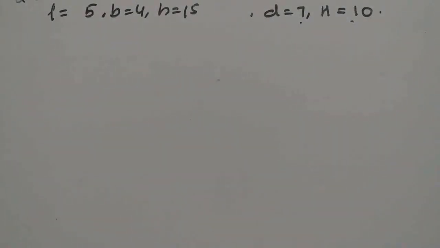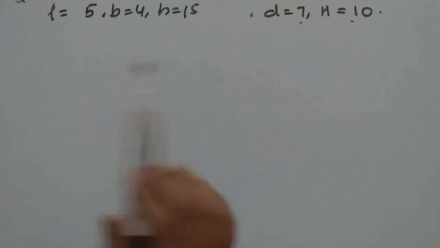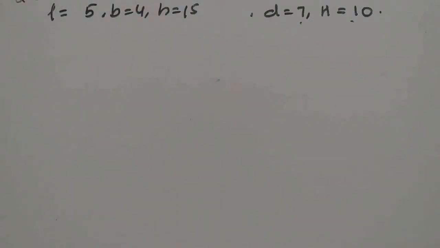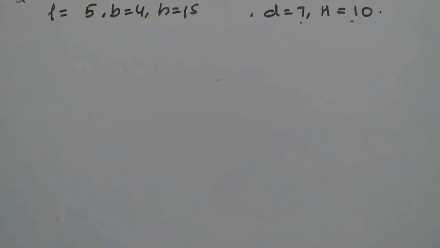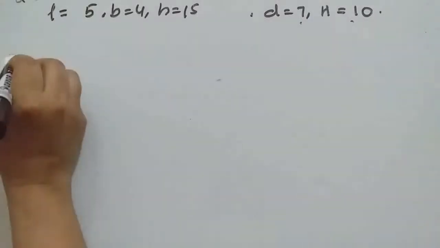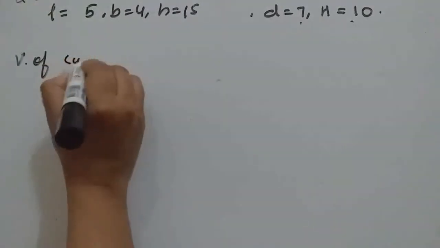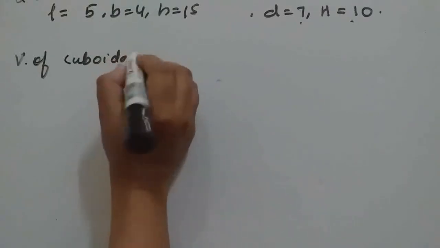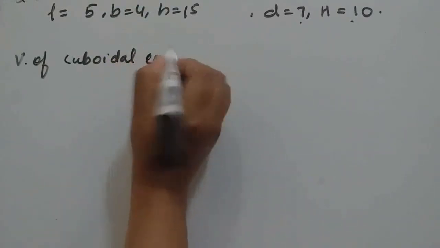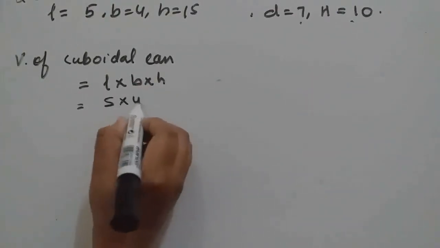Greater capacity means how much it can hold, means volume we should find. So volume for the cuboidal can and volume for the cylindrical can. Then by how much? So we'll find the difference to know how much is the difference. Who has greater capacity? So now volume of cuboidal can will be L into B into H, isn't it? So 5 into 4 into 15,